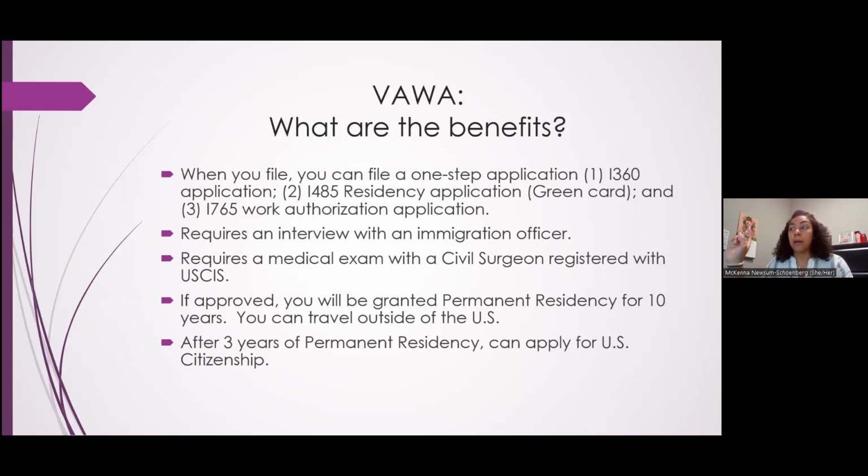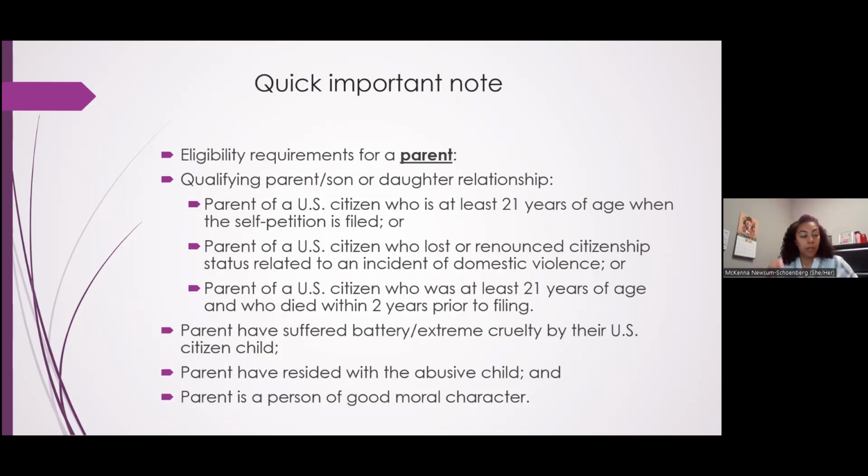Okay. Let's see. Let's finish up. Okay. This is quickly for eligibility requirements for a parent who has survived abuse at the hands of their U.S. citizen children. Okay. So a parent of a U.S. citizen who is at least 21 years, I'm sorry, this counts as a qualifying parent and child relationship. If you're a parent of a U.S. citizen who is at least 21 years old when you apply for your VAWA,